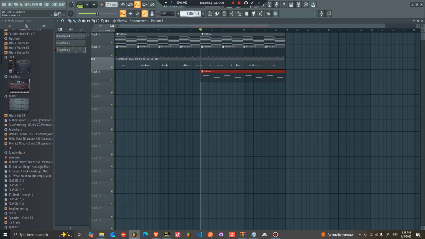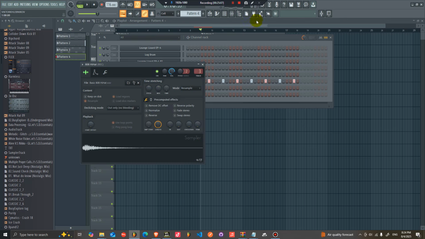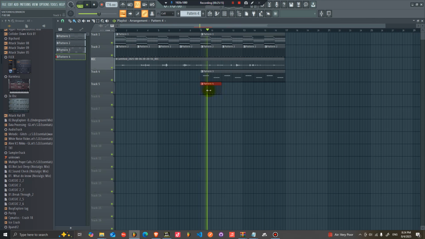Then from here, what I want to do is add the hi-hat. So for the hi-hat, I'm just gonna go to pattern number 4, and then I just want to add this hi-hat just like that. I'm using stock sounds, guys, in the drums, as you can see. And then now, where's this thing? Oh, it's where I was recording, so it's off. I need to switch that on. So now if I play this,